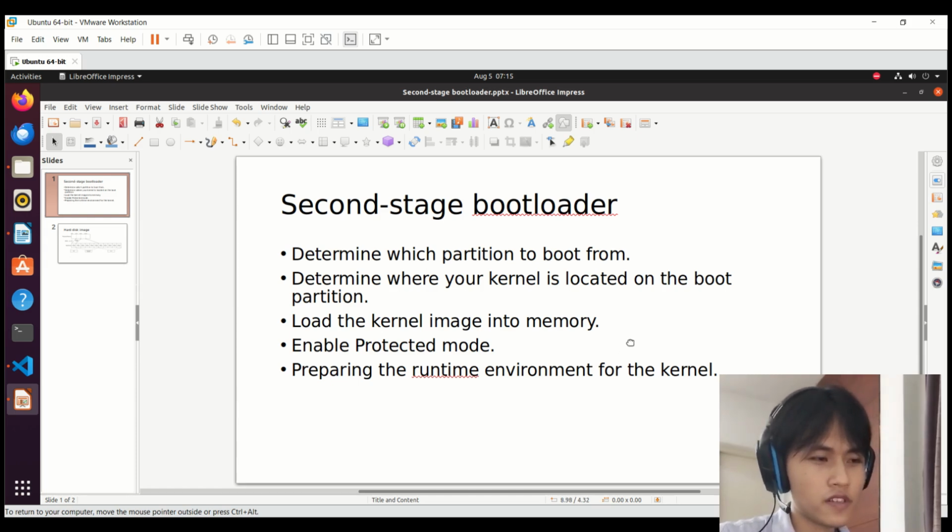First thing we do, we just find out where the kernel is located and load it into the physical memory. After that, we have to set up the environment for it, like enable protected mode.